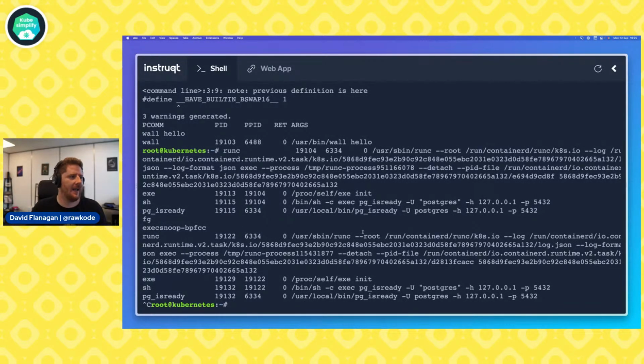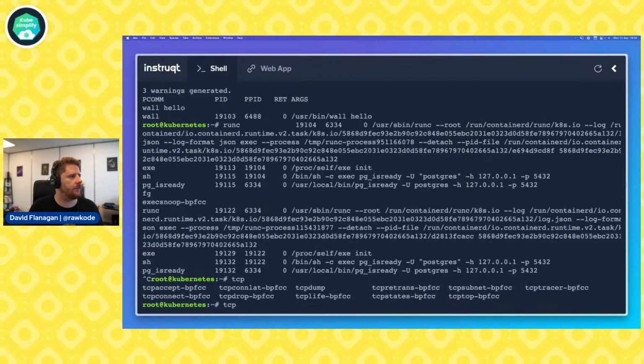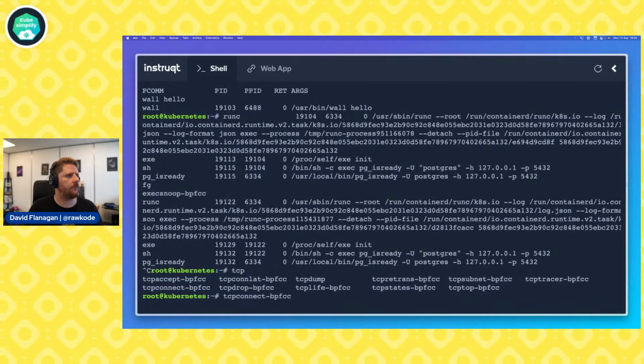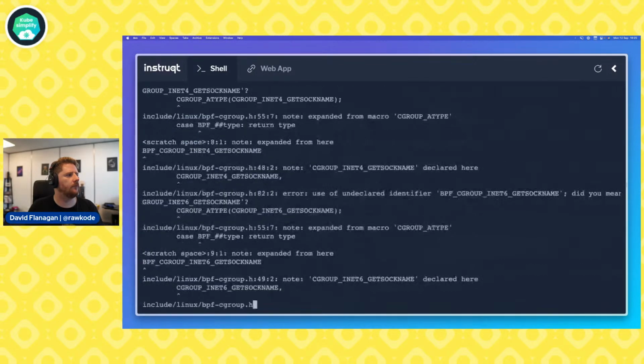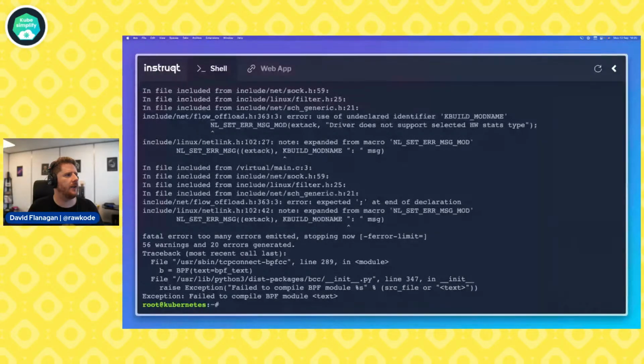Excuse me. Okay, last, tcpconnect. Oh, that one crashed. All right, we're not going to worry about that. There is the TCP connect thing. Maybe it's broken on this machine. I'm not sure why. This will actually show you every time a process starts listening on a port number, which would reveal the port number for our application.